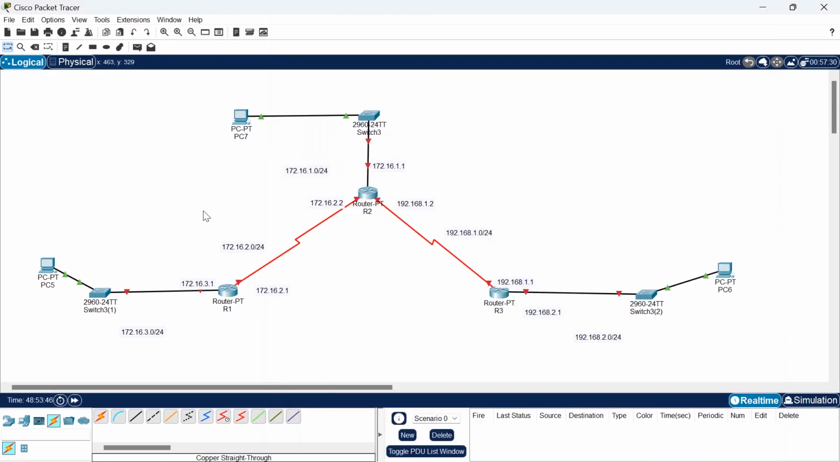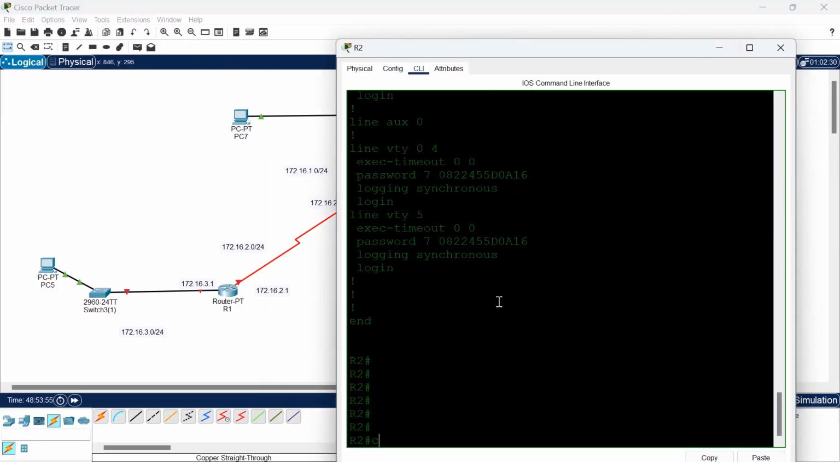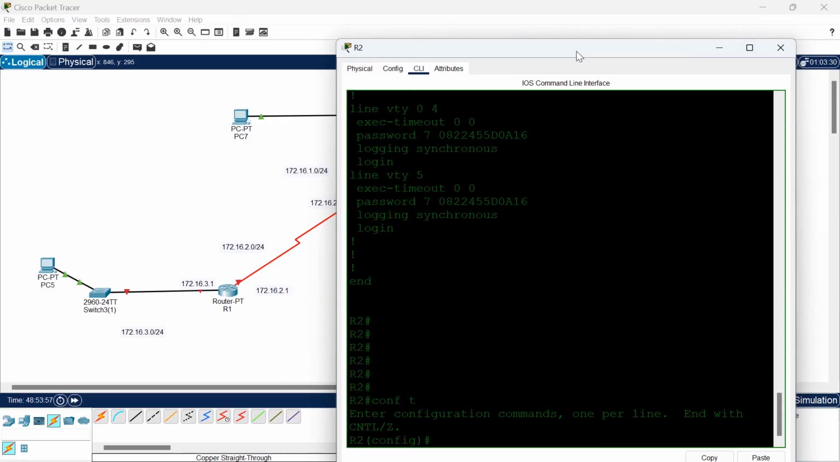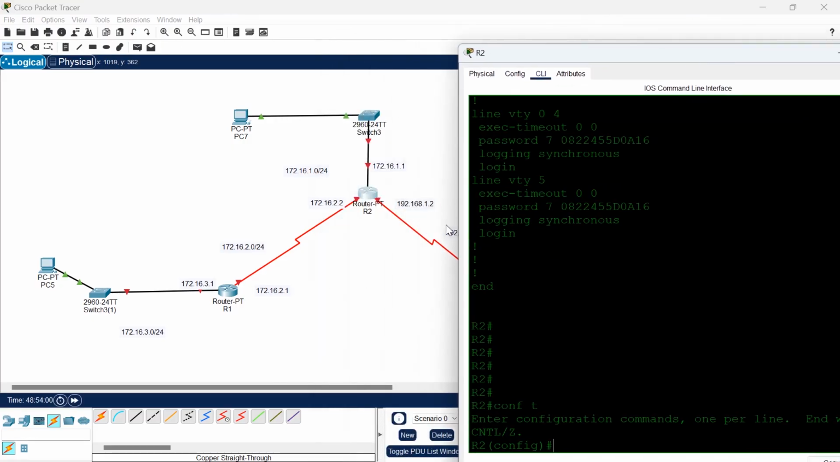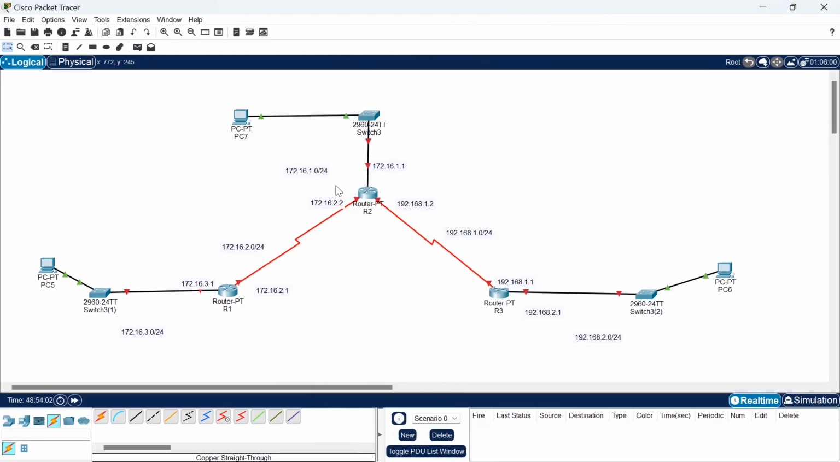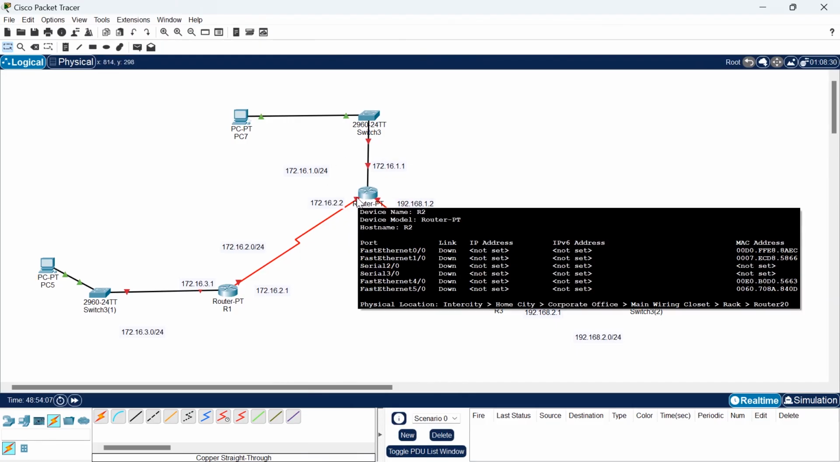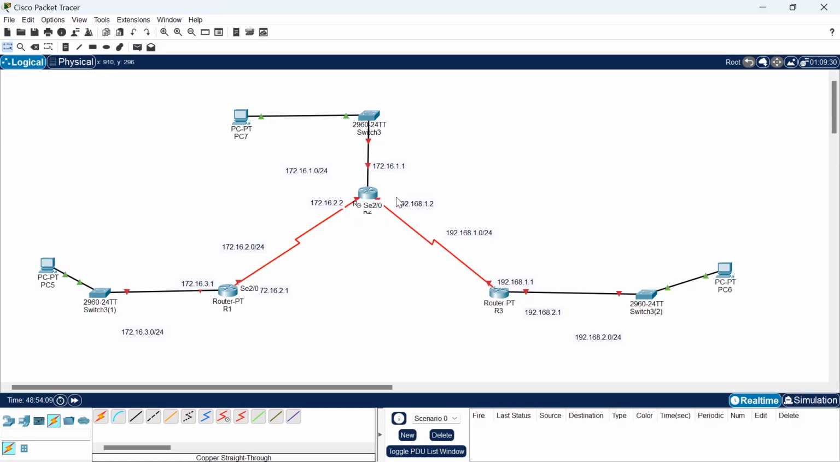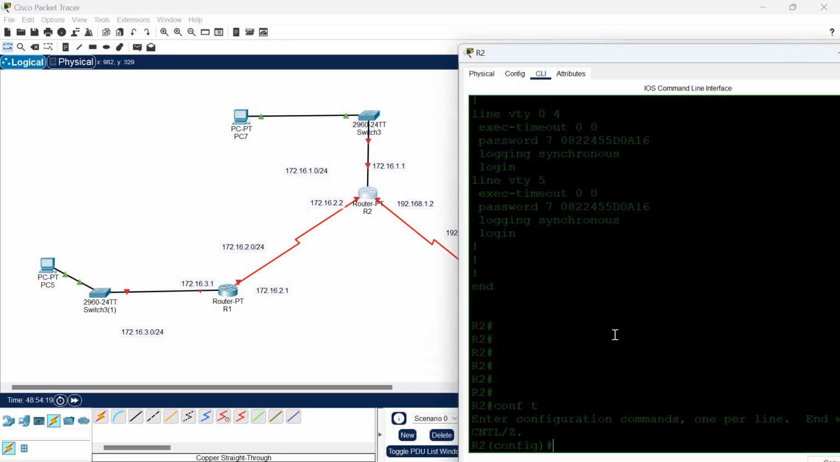We are going to be assigning IP addresses to all interfaces on this topology that you're looking at. So let's start with router 2. Okay. We do that in the global configuration mode. So it has 3 active interfaces. We have serial 2/0, this is fast Ethernet 0/0, and this is serial 3/0. So we shall do interface